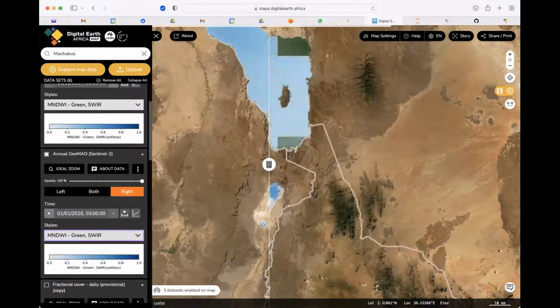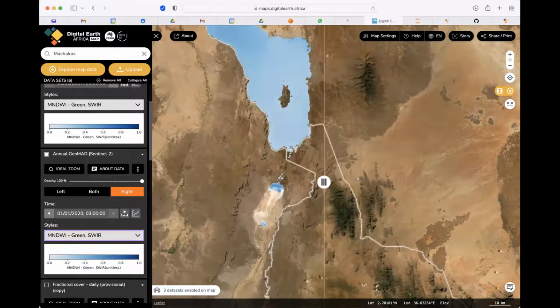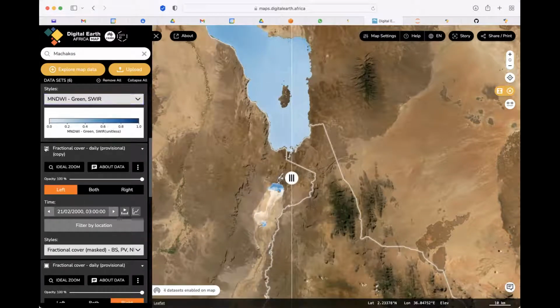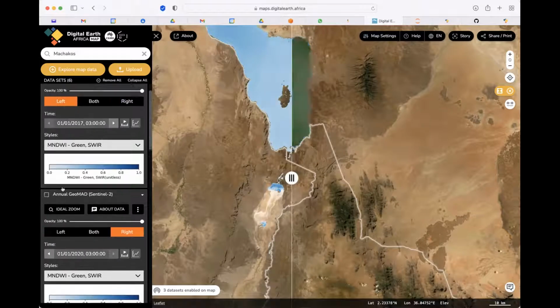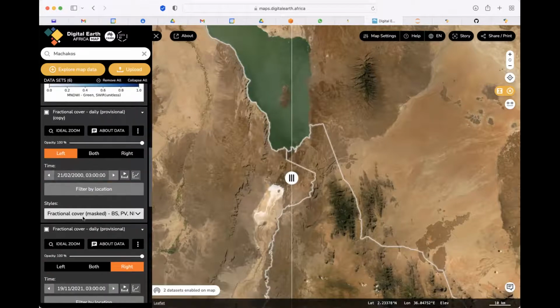You can see towards the south, on the right, there's some water filling in here. And on this one, sometimes it's disappearing over time. And based on that small assessment, what's the relevance of a fractional cover in such analysis? So this one I can try to disable first. Then I put the fractional cover and filter by this location.